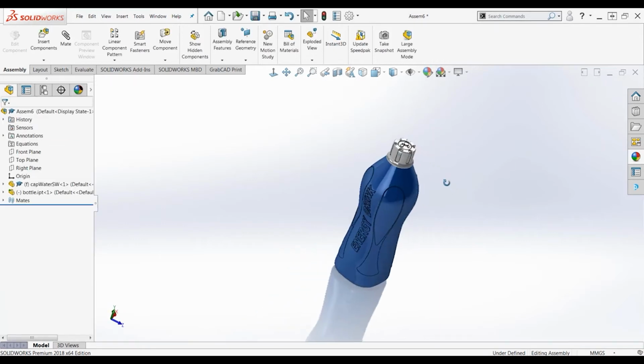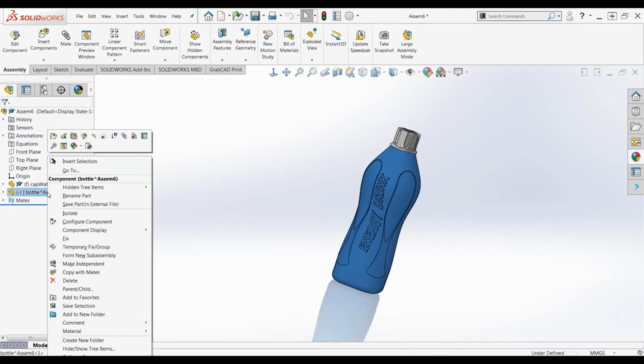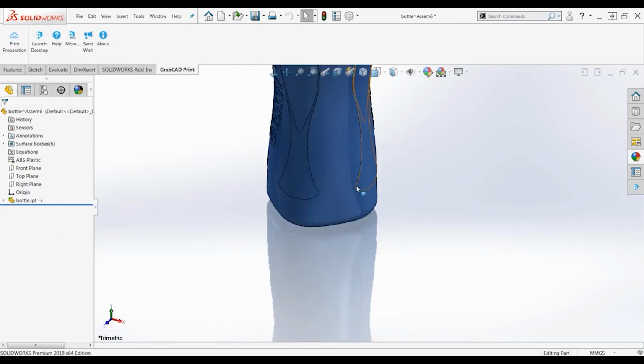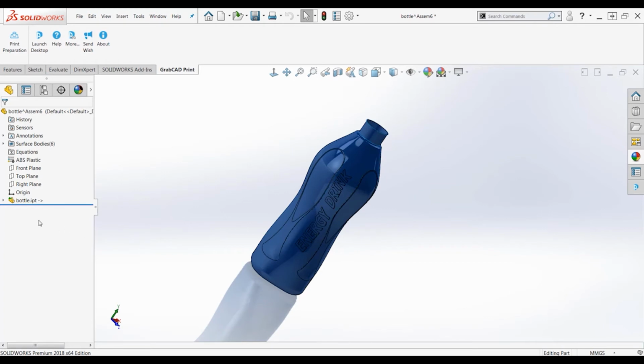Once this is mated and completed into a final assembly, we may want to remove this energy drink portion. You can revert back to the original Inventor file, but by breaking this link, we are able to edit this part directly within SOLIDWORKS. We will now open the part and see that by breaking the link once again, some